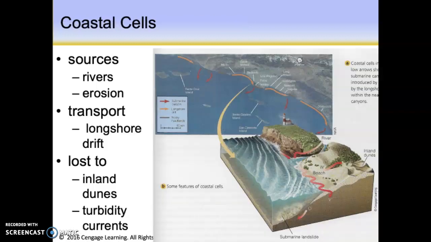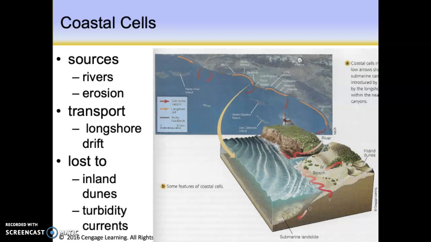So when we put all this information together, we get a feature called a coastal cell. This is one of the questions on your exam. Coastal cell is just combining all the information that we've talked about in the first slide presentation and this slide presentation so far. We get sediment from rivers and from erosion by the waves. The longshore drift then transports it along the shoreline, perhaps along the beach, and then sediment moves out of the